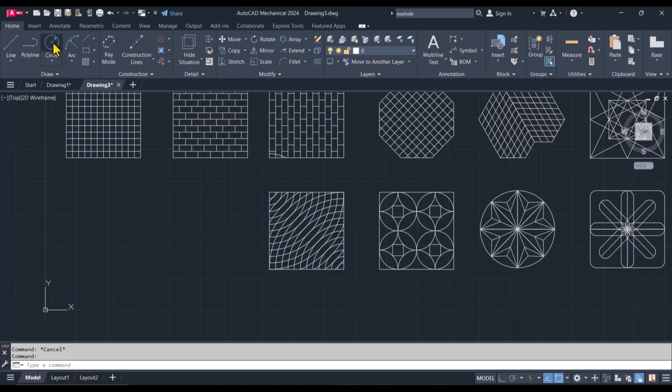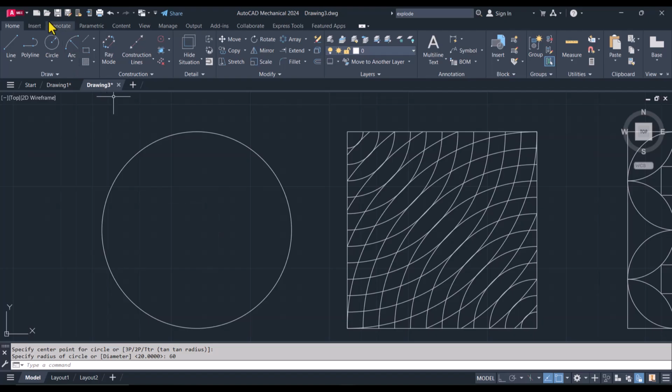So let me circle, and then so my radius should be 60 like that, and then I should have another one,